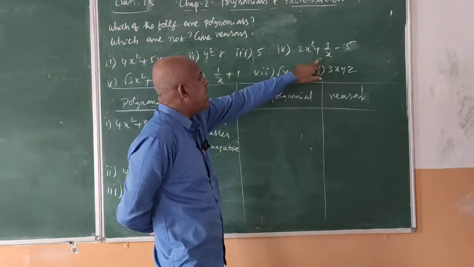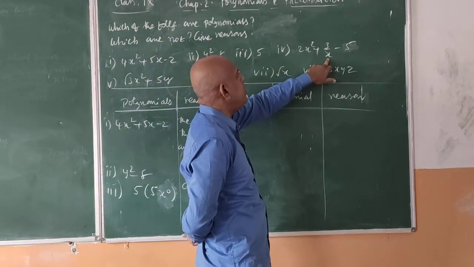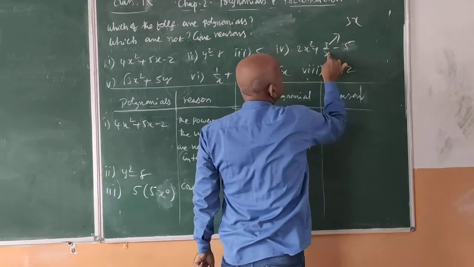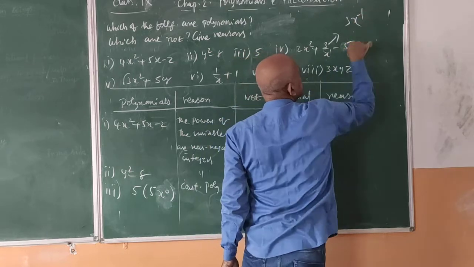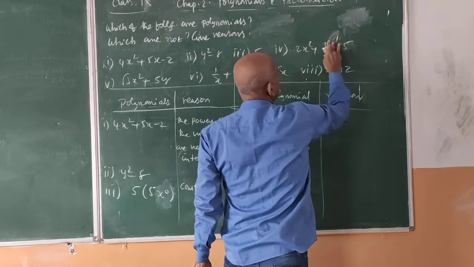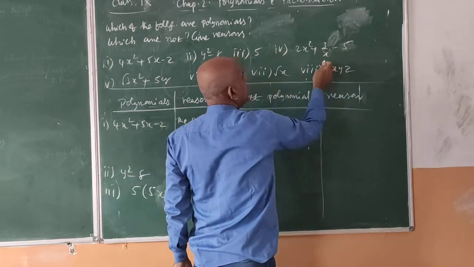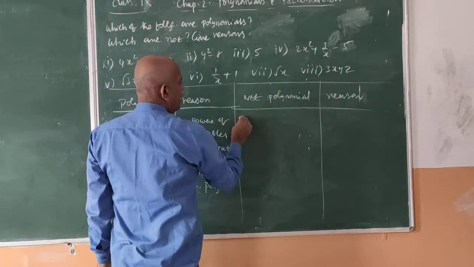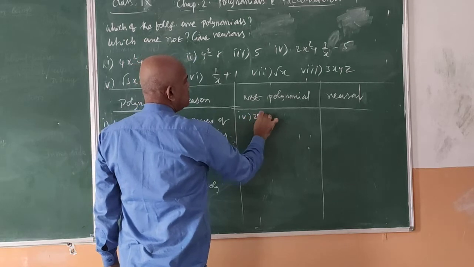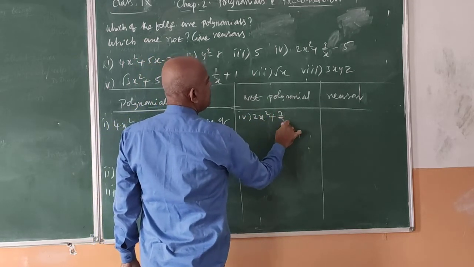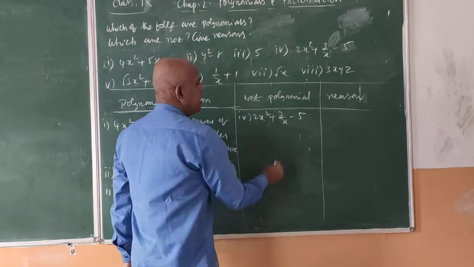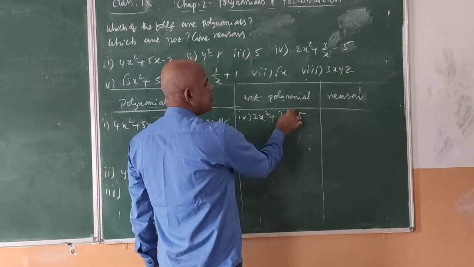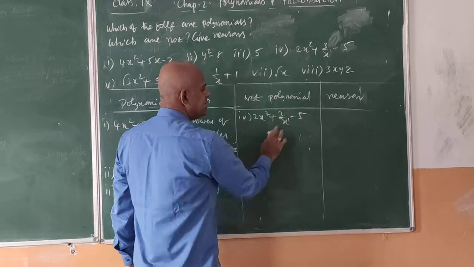And the fourth one, 3 by x. Here x is in the denominator. The variable x is in the denominator. 3 by x can be written as 3 into x to the power of minus 1 when it comes to the numerator, it gets the negative power. Whenever the variable is in the denominator, its power becomes a negative integer. That's why it is not a polynomial. It comes under not polynomials. The next one, 2x square plus 3 by x minus 5. When x comes to the numerator, x to the power of minus 1, it gets a negative integer.